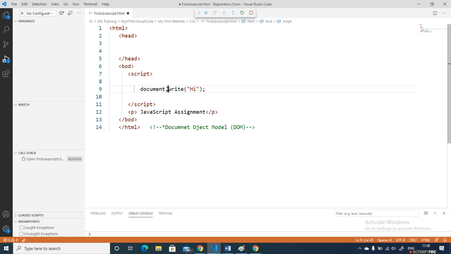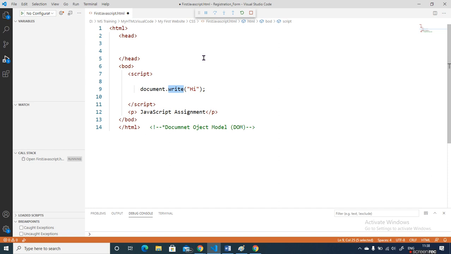But where is this write definition? It is already defined in your browser, because the browser knows JavaScript. The browser compiles this particular write definition and displays the output. This write function's definition is written in JavaScript in the browser.